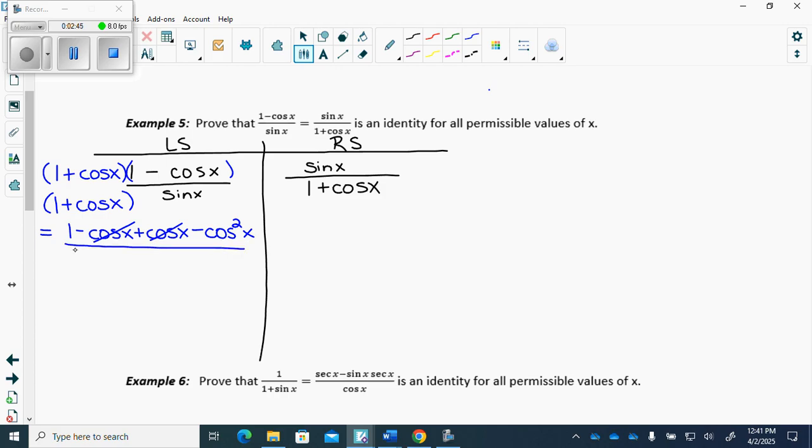I want to keep this 1 plus cos x, so I'm going to leave it by itself, because I need this to stay. Do not go away, right? Like I want that to stay, because I want to get it to match that side. We agree? So then I'm just going to leave these ones separate. I'm not going to distribute them together. Does that make sense? Because I want to keep that. Yeah? Okay. Then on the top, I'm left with 1 minus cos squared x